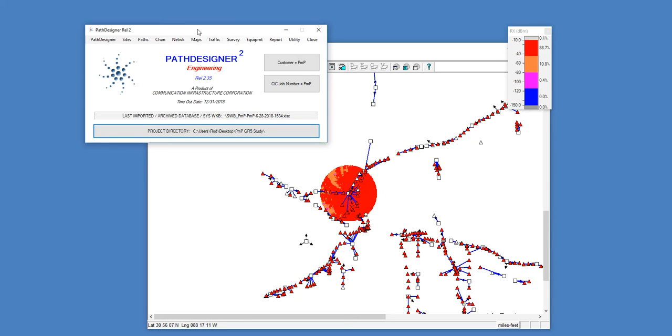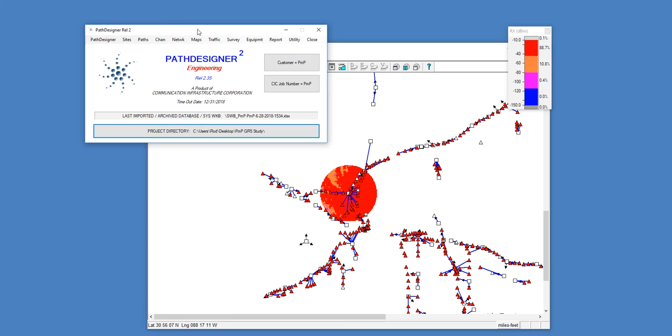We have an extensive equipment database behind it, which is applied into the paths and into the BTSs. And there's a lot of specialized engineering functionality, such as traffic loading calculations, for example. There's a lot of efficiencies in how data is managed and sorted and grouped and displayed and reported. So Path Designer gives you a centralized data location which talks to many applications, a lot of efficiencies, and a